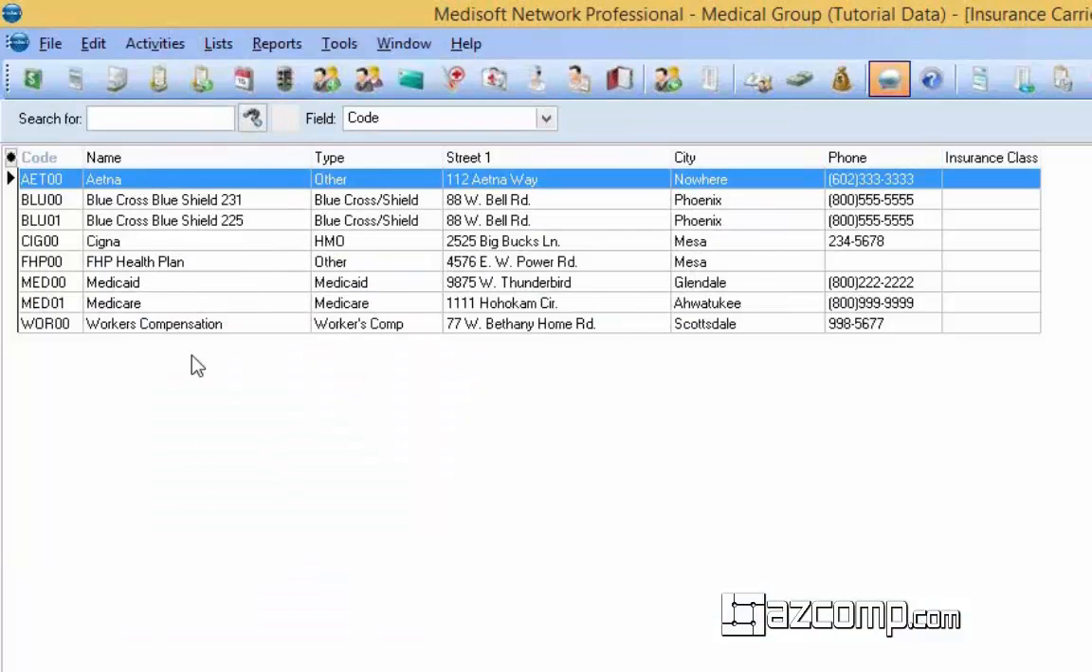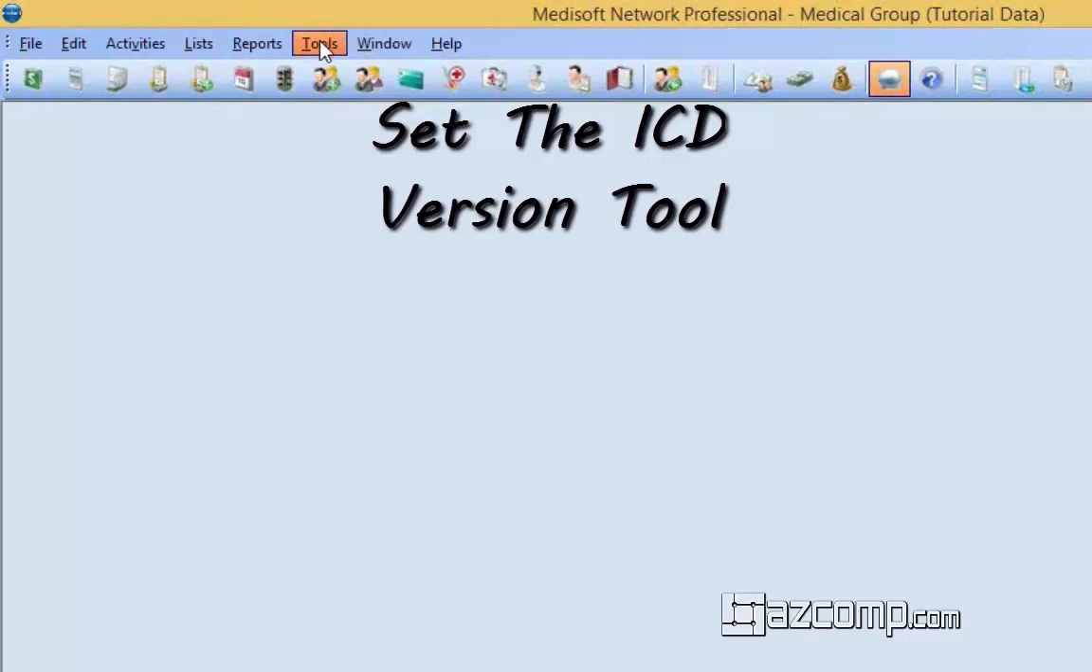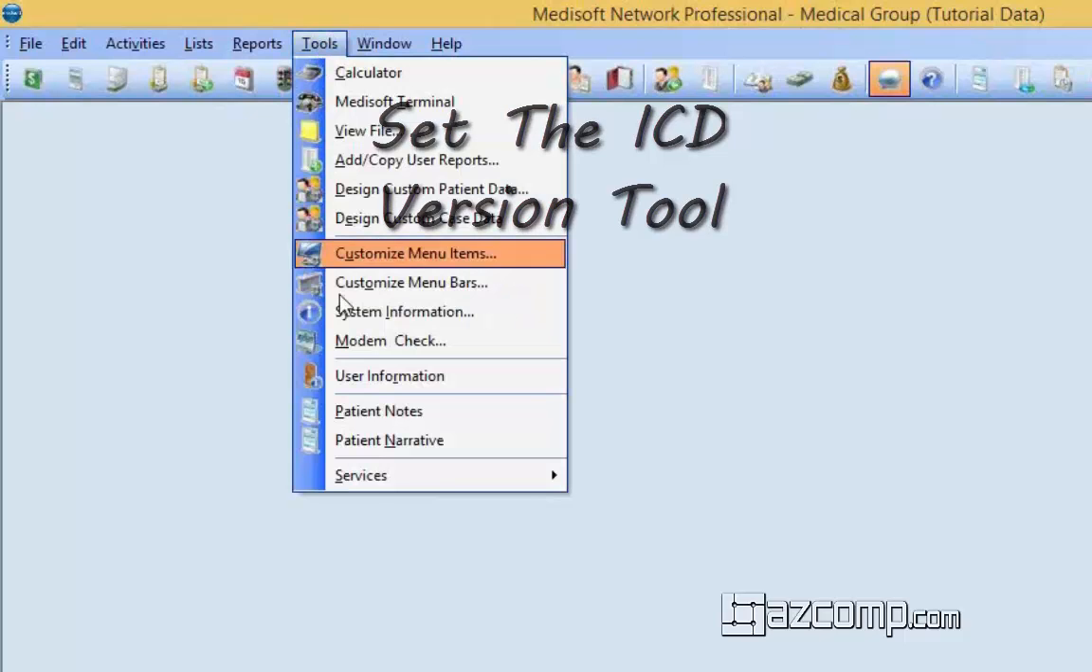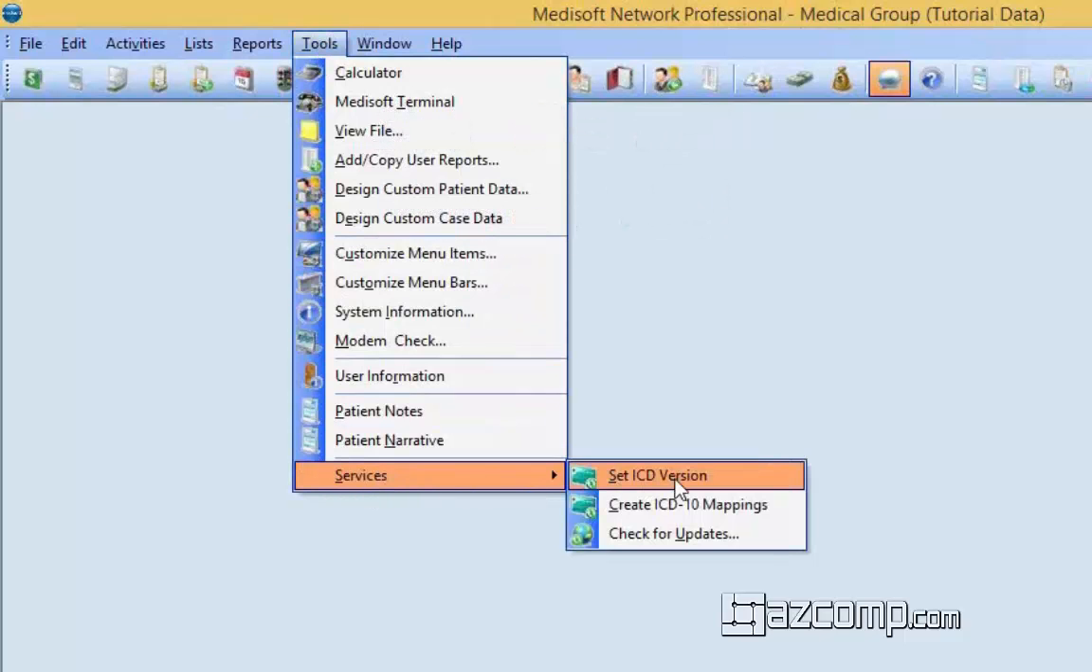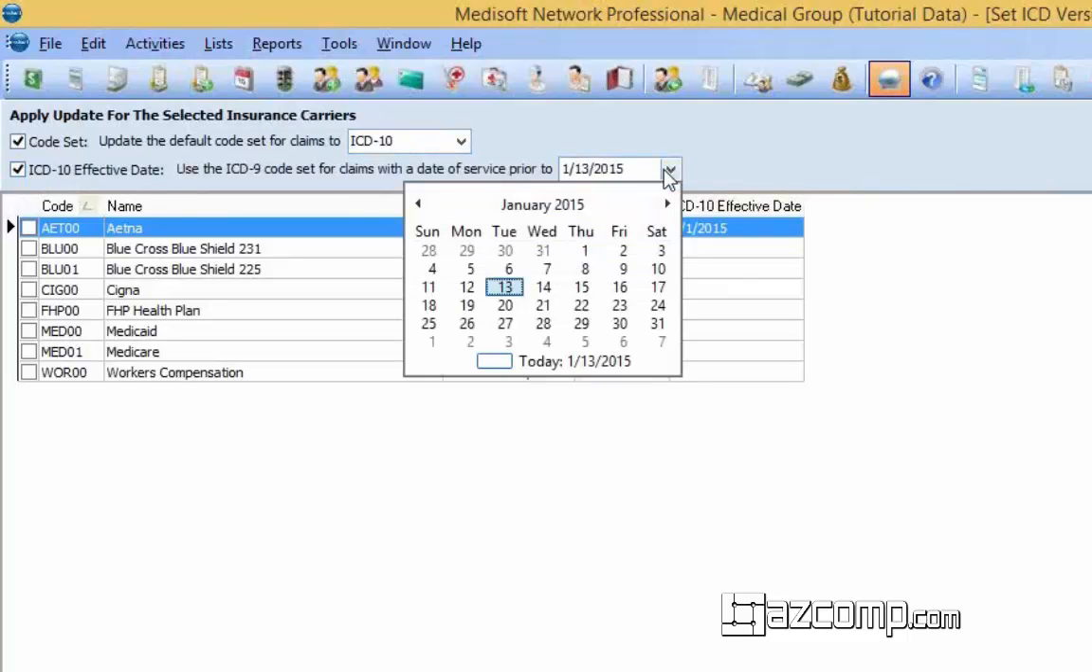Now again, you don't have to edit. Most of you don't have a short list like this. Most of you have an extensive list, so you do not have to edit those one by one. If you go to your Tools menu and you go down to Services, you're going to find your Set ICD Version utility. So in this window at the bottom, up here, I'm going to go ahead and set my ICD code set to be ICD-10. And then I'm going to set the effective date for that to be